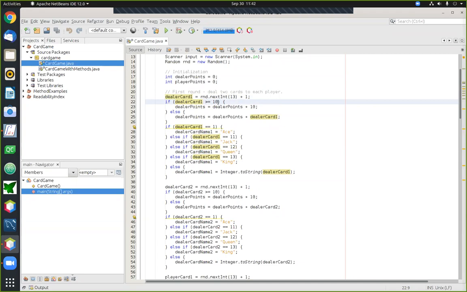If that's the case, the card is worth 10 points, and we go ahead and add 10 points for that particular player. Otherwise, the card is worth whatever its numerical value is, and we add that to the points that the player has. Okay, so turning the card number into points is one task that needs to be done.